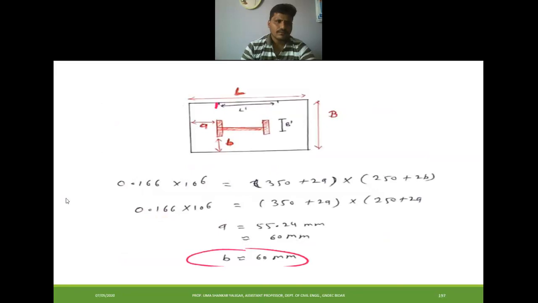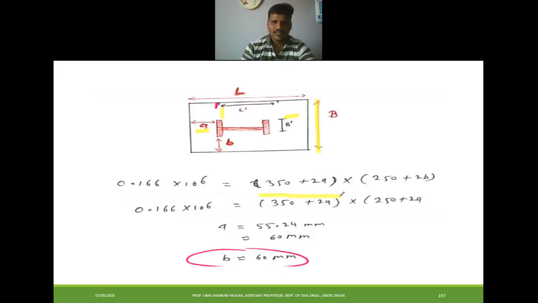Here you can consider this is your L dash. Okay, this L is equal to what? L dash plus this A, and here also we get A. Okay, this L is equal to L dash plus A plus A, it will be 2A. Similarly, this B is equal to B dash plus this B plus this side B. Okay, it will be equal to B dash plus B, that is 2B.